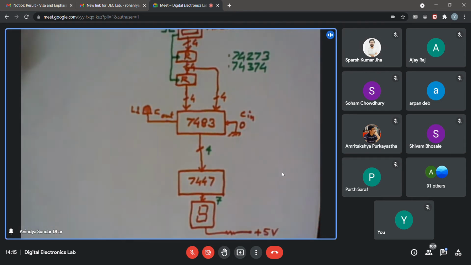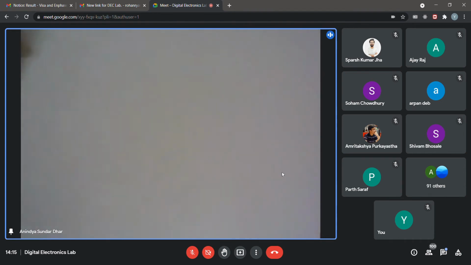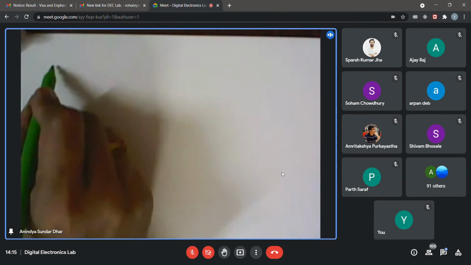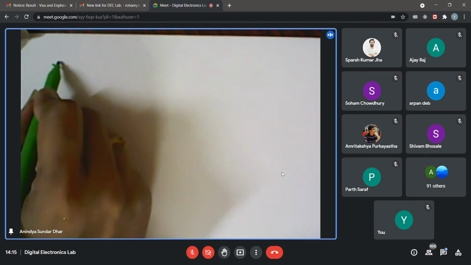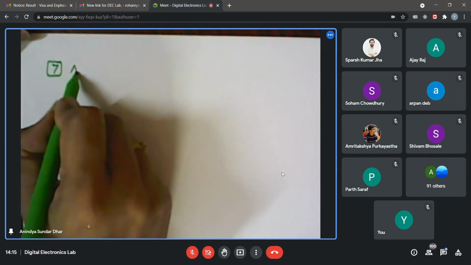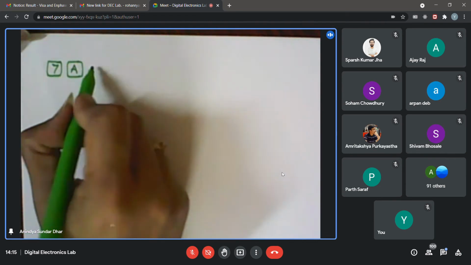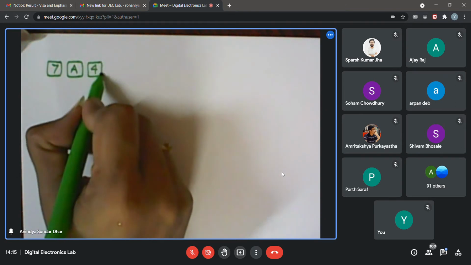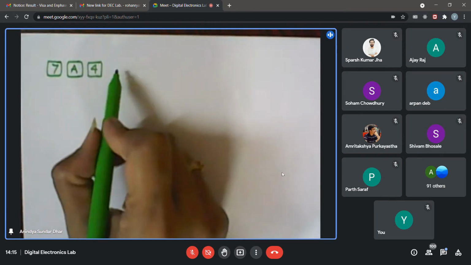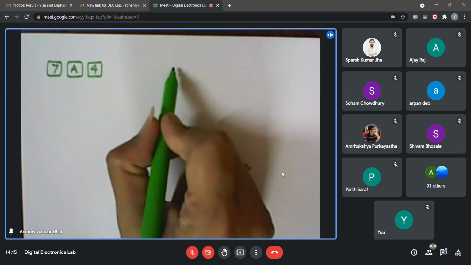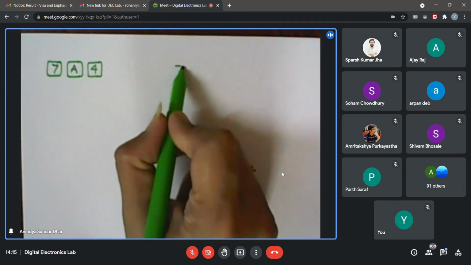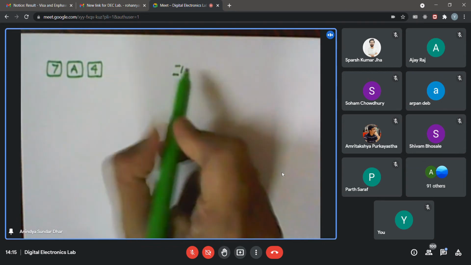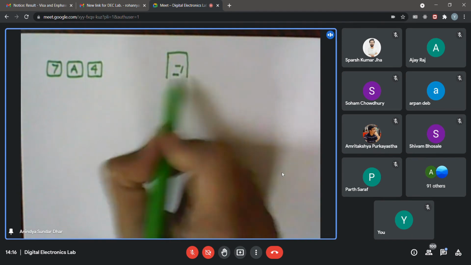Okay. So it might be something like this, that as you are saying, 2 numbers, maybe 7 and 4. So suppose I pick up 7 and suppose I pick up the key A for addition, and then 4, 7 A 4. Okay. So then the result that I expect is 11. So in the display, 11, do you remember how it will be displayed? It will be reverse kind of C. So in the 7-segment display, we expect this type of result.